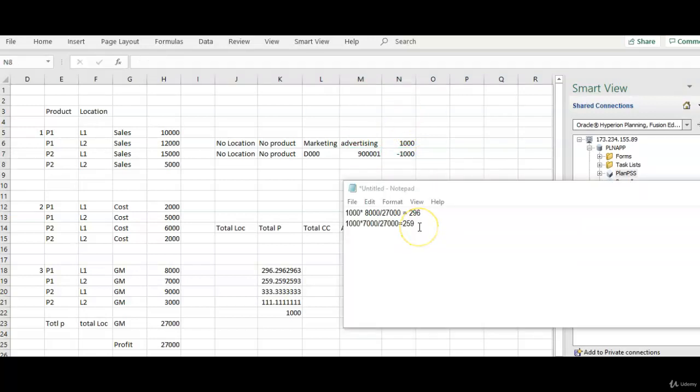In order to write the business rule, let's try to understand the combination. Now we know the functional requirement and we know how the calculations work. Marketing cost center advertising expense is 1000 and multiply with the gross margin of the product and location combination divided by total gross margin. Let's try to write in an equation that is required for Essbase. In Essbase we cannot simply write advertising expense multiplied by gross margin divided by total gross margin. So we need to always mention it with combinations, cross-dimensional combination.